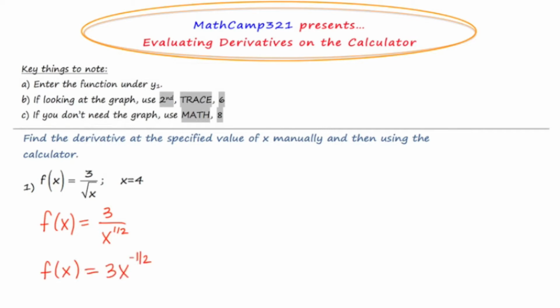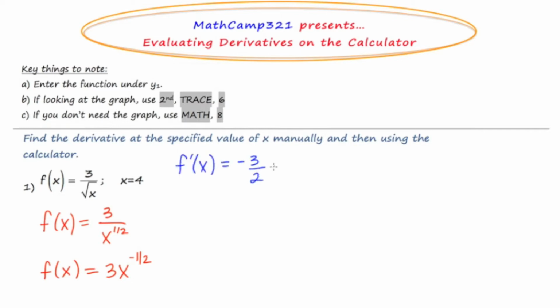The variable is in the numerator and there is a clearly identifiable exponent. So I'm going to use the power rule. In the power rule, the exponent is going to jump down in front and be multiplied by the 3 that's already there. And then the power of x is going to drop by 1 to negative 3/2. So in total, I'm going to have f prime of x is equal to negative 3/2 x to the negative